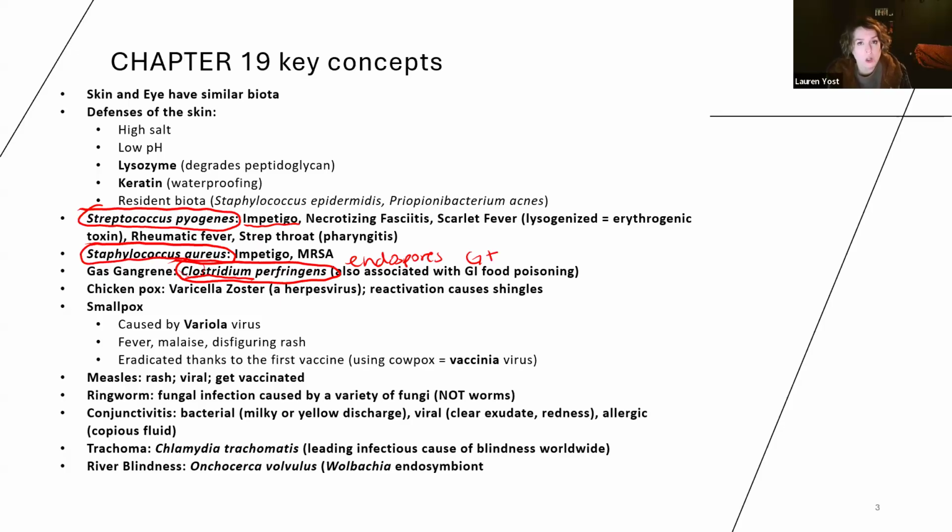And so they form endospores in the presence of oxygen. But whenever the endospores get deep into the tissues away from oxygen, then this can lead to development of gas gangrene. And so we often see these bacteria growing deep in the tissue, like in the muscle tissue, and then producing gas as a byproduct of their anaerobic respiration. So I'm not talking about fermentation, I'm talking about true anaerobic respiration. And they can make gases like H2S, which is technically a gas in its normal state. They can make H2S and hydrogen and stuff as a byproduct of their anaerobic respiration, and that can build up